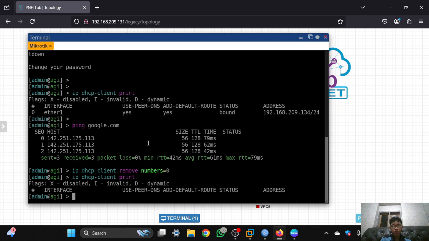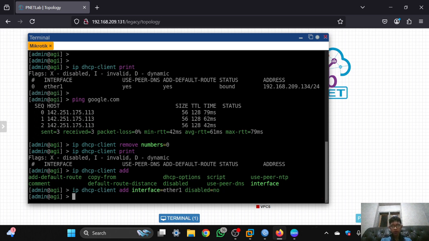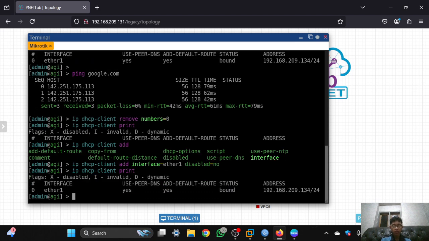To add the DHCP client, type IP DHCP client add, then interface ether1 and disabled no, and click enter. You can check again with the command.